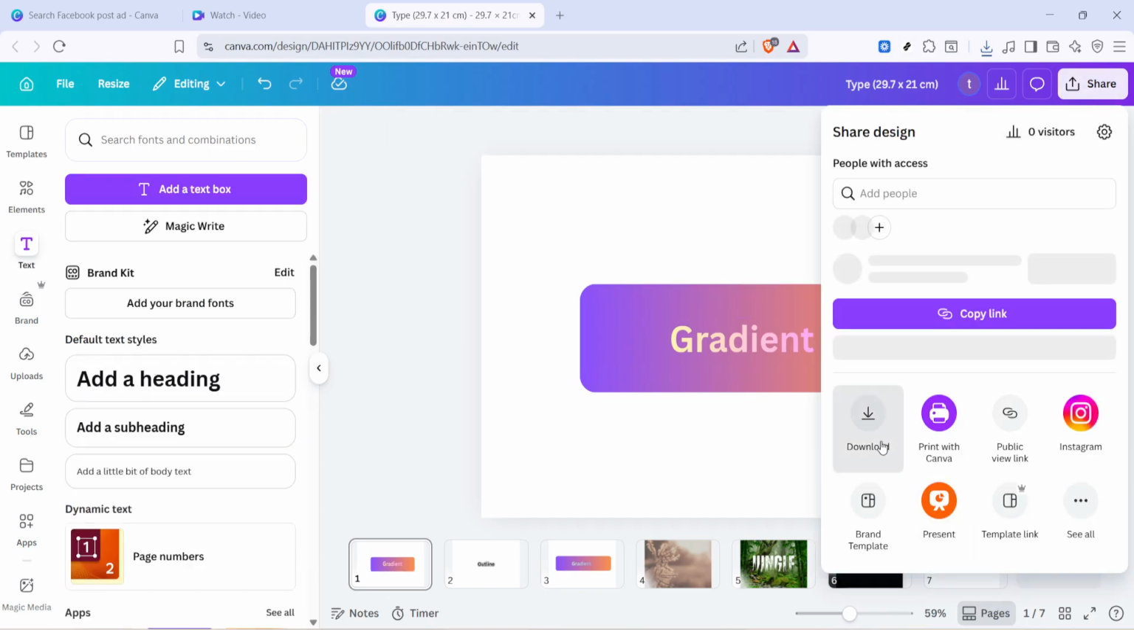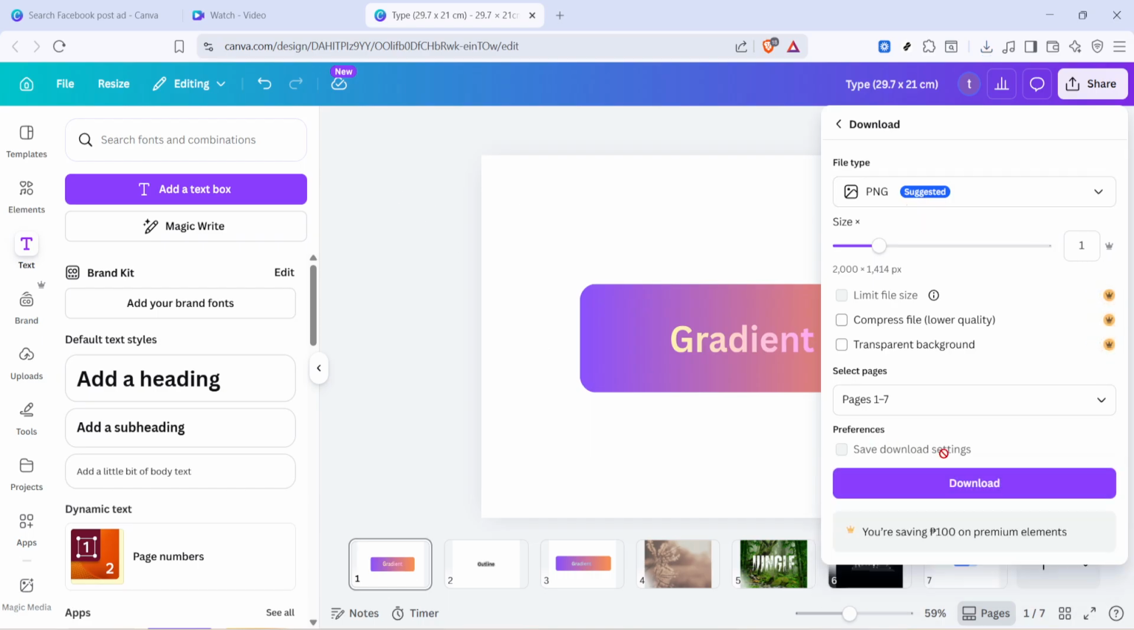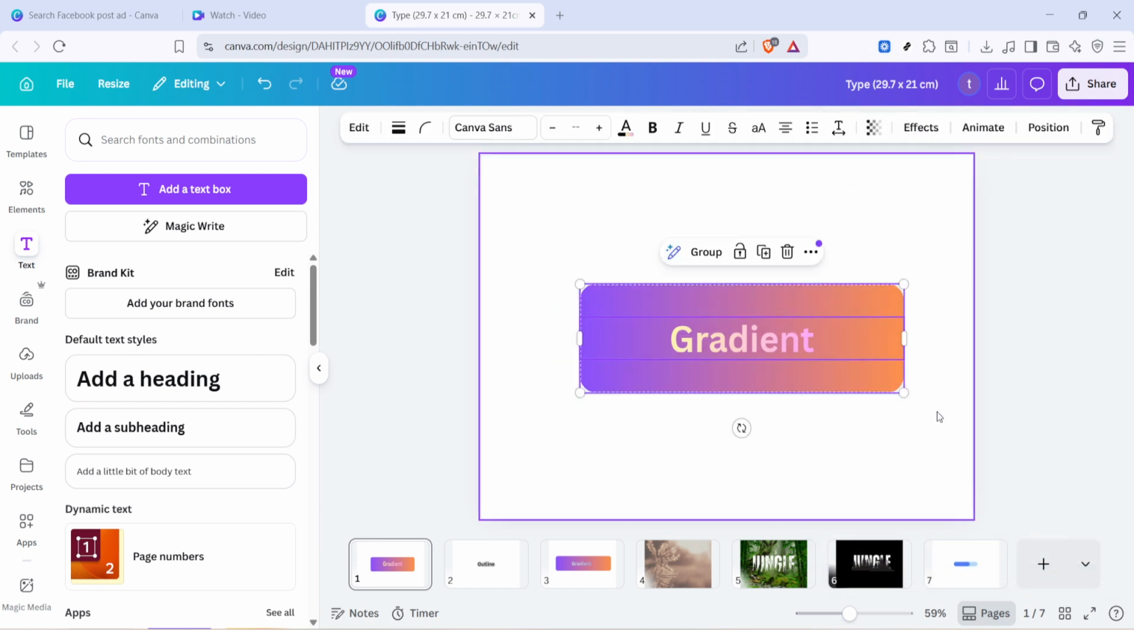the file type to PNG. PNG preserves crisp edges and supports transparency, which is important for the shadow effect you'll add next. Download the file to your computer. Back in Canva, open the Uploads